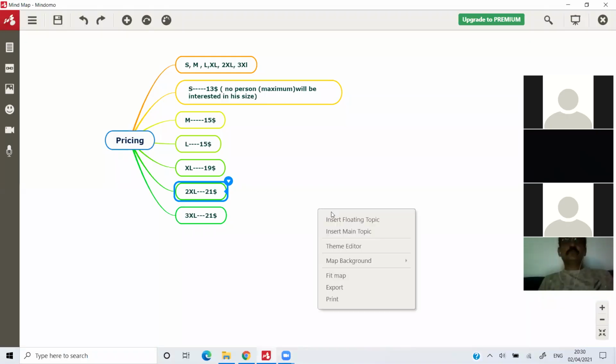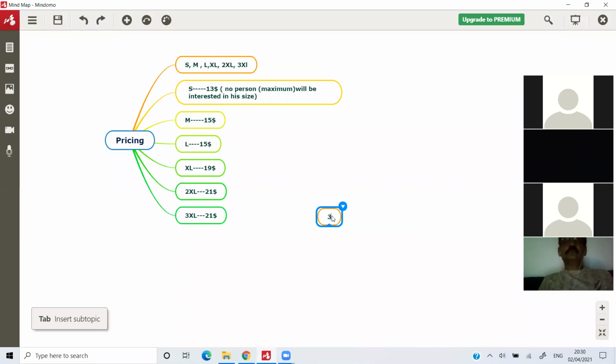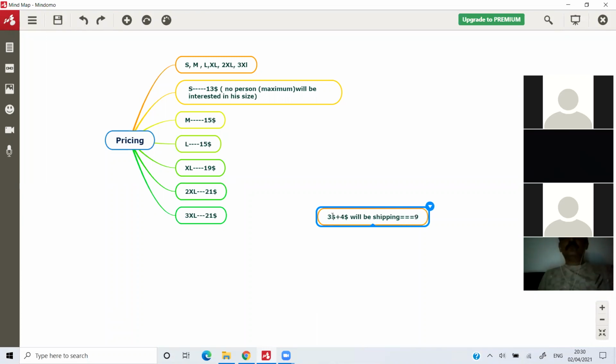So this is how the pricing strategy works. The t-shirt price that you're going to get is $3. Let me tell you here, $3 is the t-shirt price, plus $4 will be shipping. So you are going to spend around $7 on a t-shirt. And you can add $4 for marketing, so $11 will be your cost.